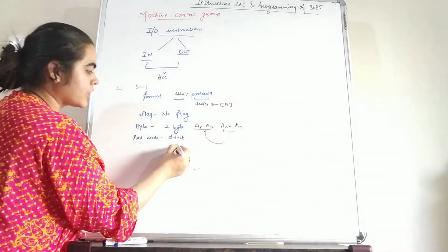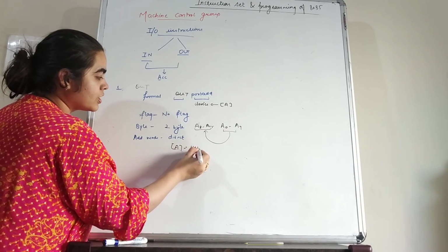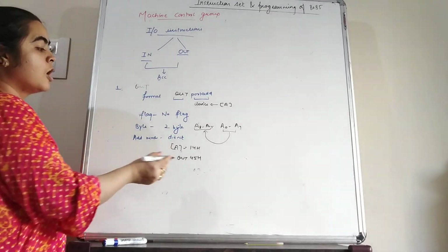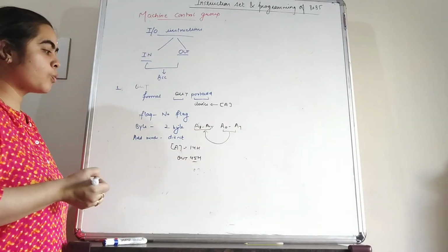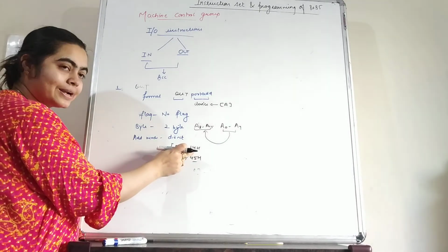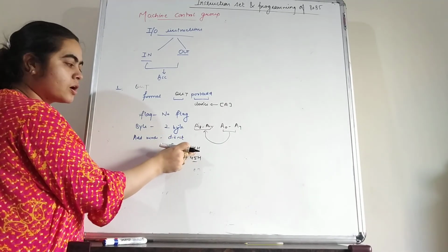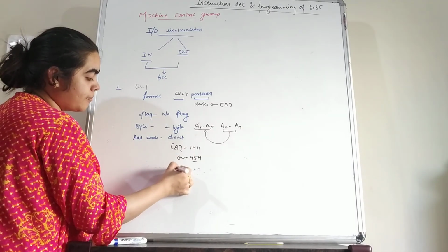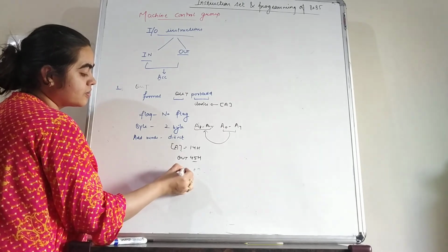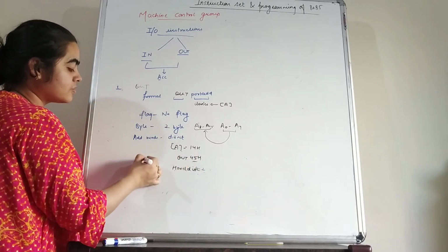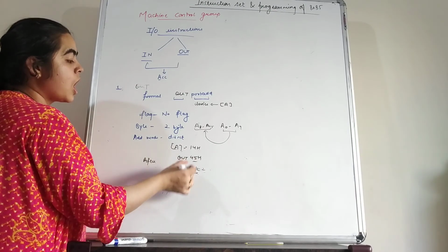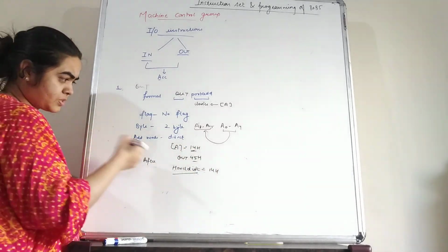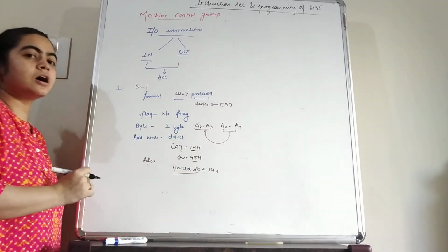Now for example, in the accumulator we have contents 14H and we have an instruction OUT 45H. That means the peripheral device that is connected to port number 45 will get the data that was present in the accumulator earlier. For example, here we have a hard disk connected with port number 45. So after the execution of this instruction, the hard disk has the contents that were in the accumulator previously. So now the contents of the hard disk are 14H.